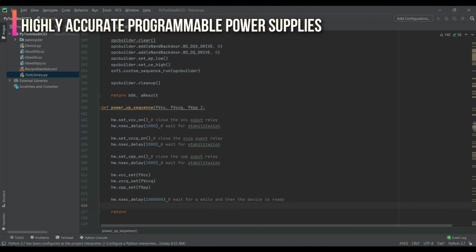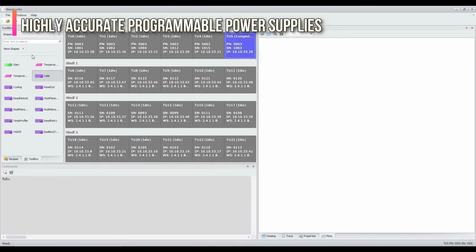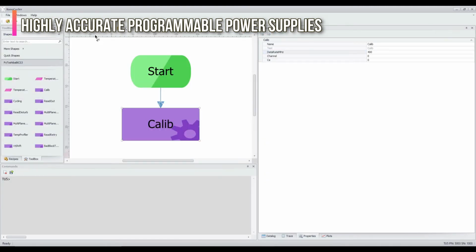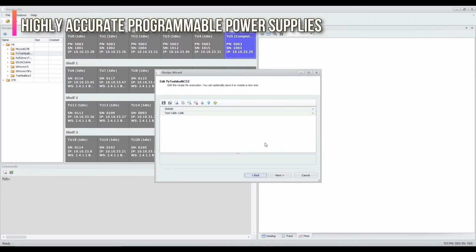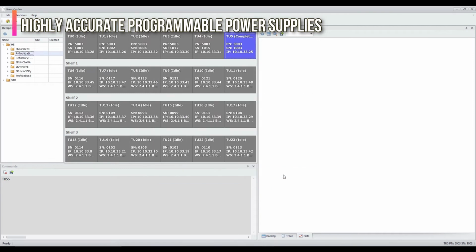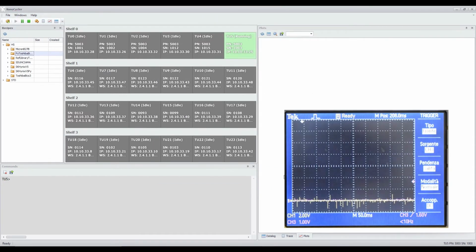Nanocycler provides programmable power supplies for VCC, VCCQ and VPP, covering the ONFI voltage range with 10 mV accuracy on device. Test engineers can analyze power on-off sequences, tolerance against voltage variation, impacts of the voltage on performance and reliability.